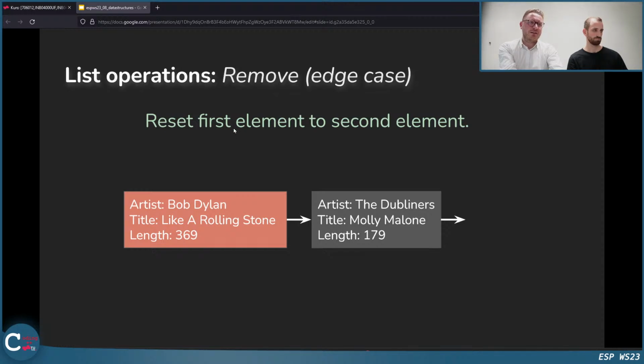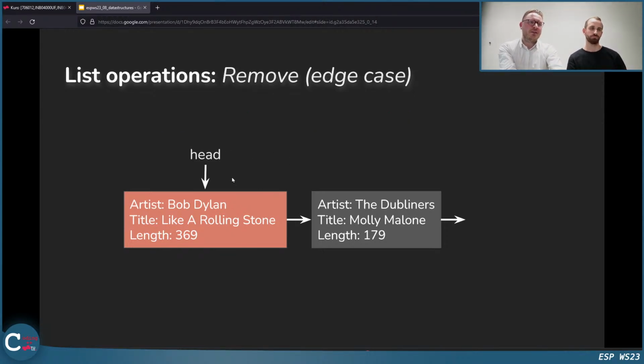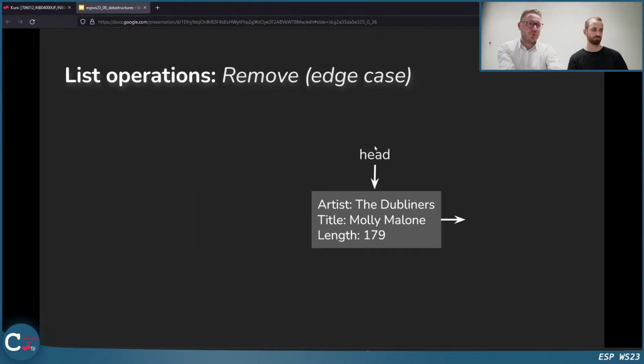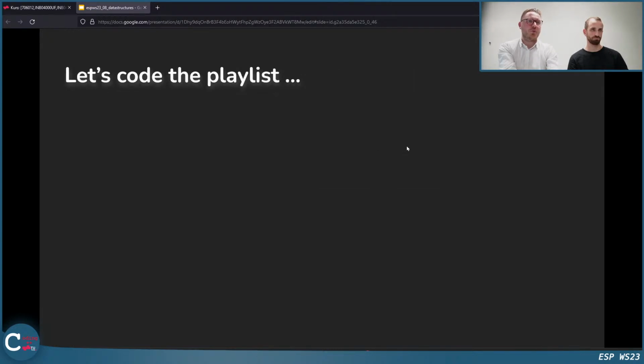With another edge case, if we want to remove the very first element, we have to consider something different. If we remove this one, the second element gets to be the first element. So what we have to do in that case is say this is the head, like the first element. So this gets the head, this is like the previous element, and then we have to delete that one and say this is the new starting element actually. And then this should work as well.